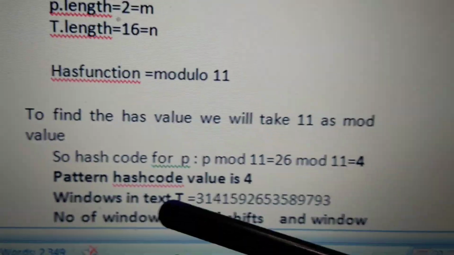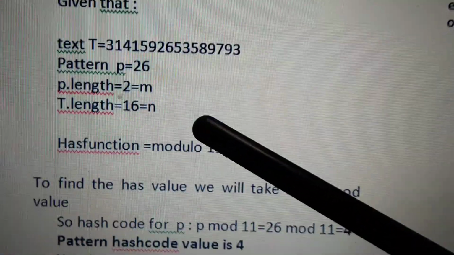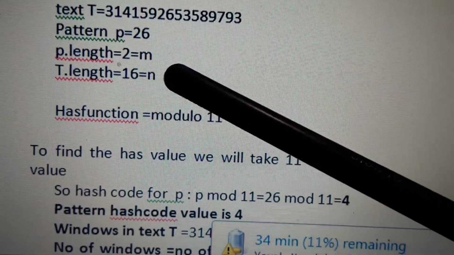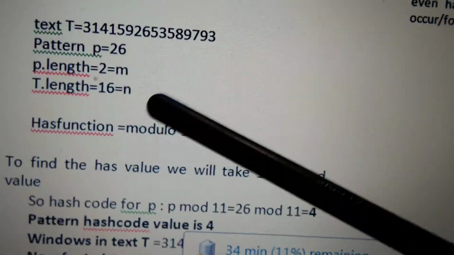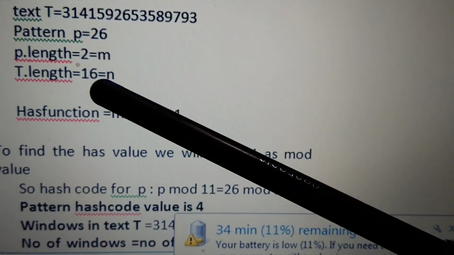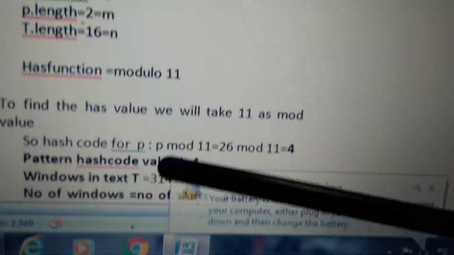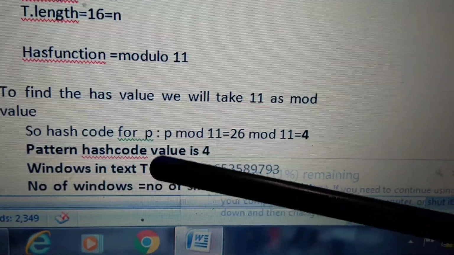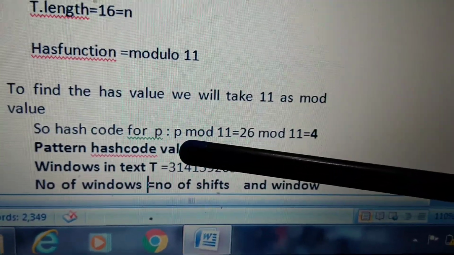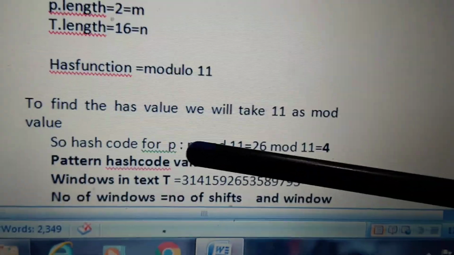The number of shifts depends on the pattern length and the text length. So text length n minus m is the number of shift operations required for this algorithm. The total is 16 minus 2, which is 14, so we require 14 shift operations.